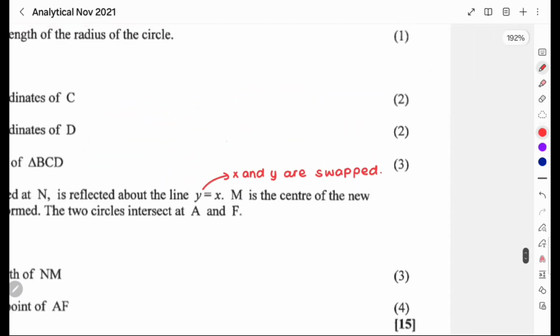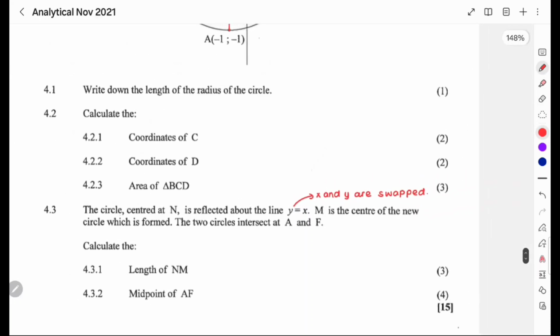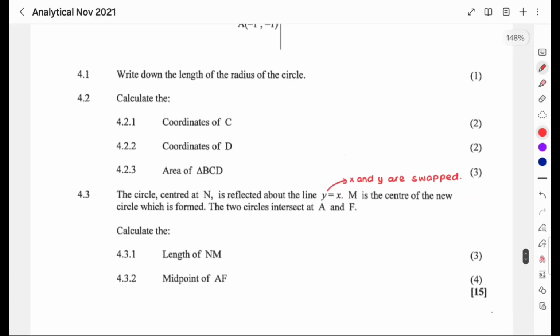Or you could say interchanged. If you remember from functions and inverse, to inverse a function, you reflect it about the line y equals x and you swap the coordinates. So here